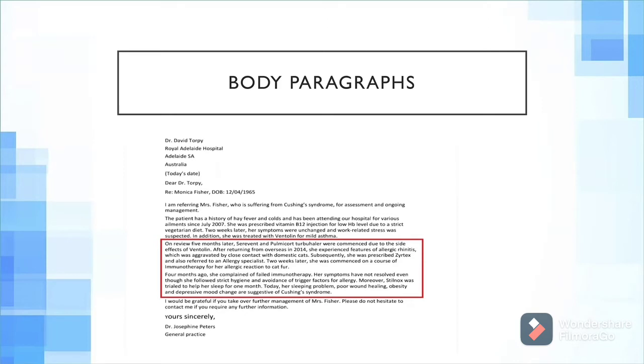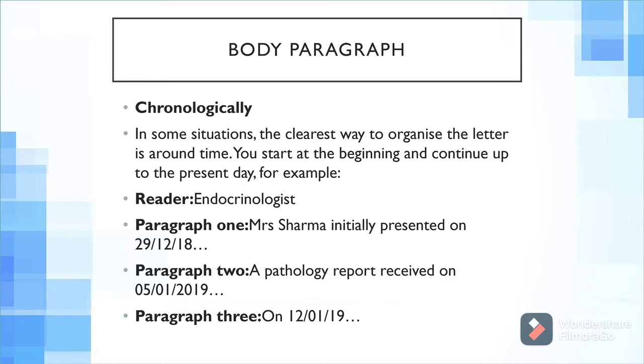Not like, if you are writing a referral letter for asthma and in the body paragraph you're talking about some accident that happened in the past, or that he visited you for some sort of adrenal crisis, and you're writing about those. You have to be very relevant in the body paragraph as well. Talk only about the information that is relevant to the case notes and the current diagnosis. Okay, so next up, I'm going to explain how the body paragraph goes, like how we actually write it. Sometimes you can write it thematically, and sometimes you can write it in chronological order.